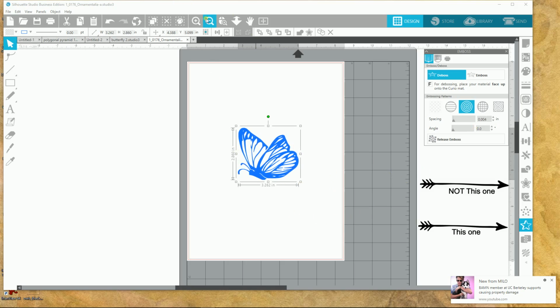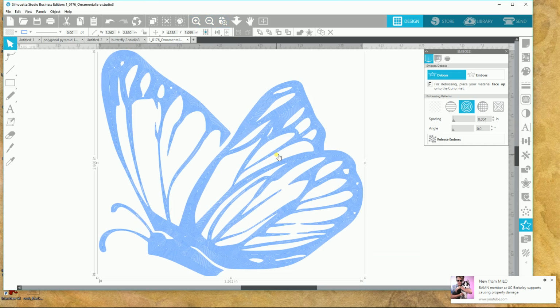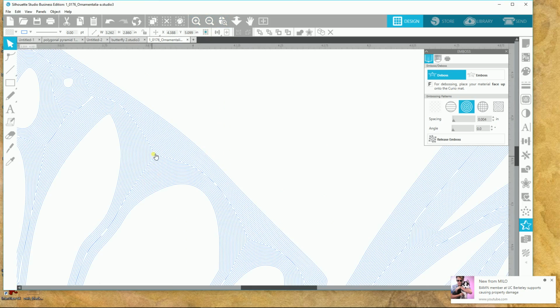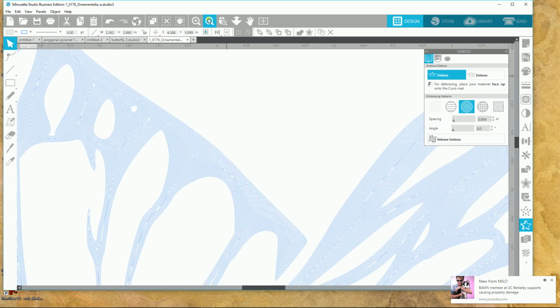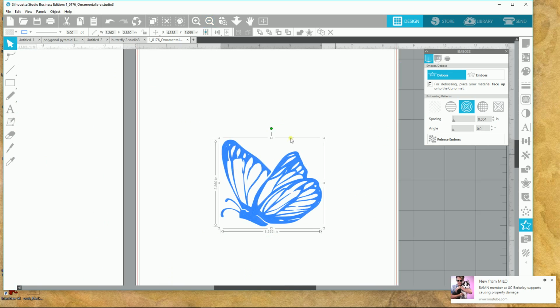What I've shown you in my previous videos is if I get really close to this, real close, you can see every single line you see here will be gone over with the pen that you insert in your holder. You cannot see it when you back out because it just looks blue. And that's it. Then I send it to the